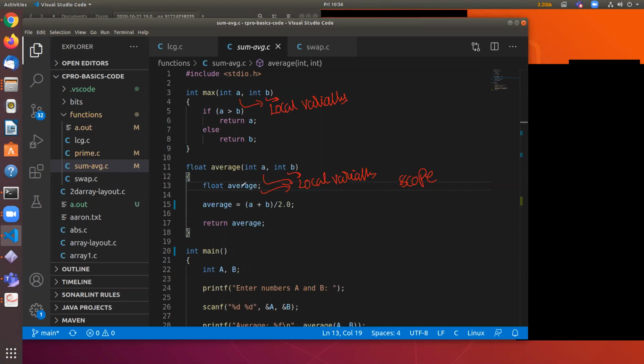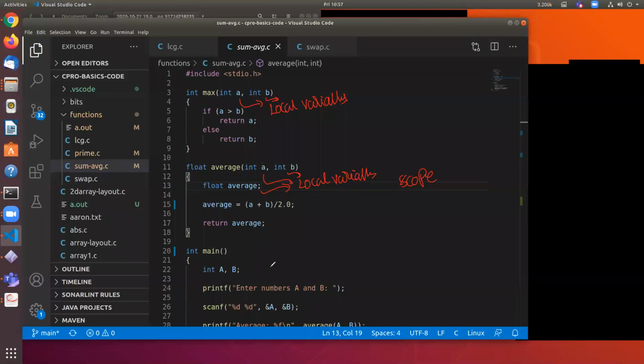So the average variable is not visible to the max function, and the variables in max are not visible to the function average. Similarly, if you use the variable average in main, the compiler will complain that you are using an undefined variable average, because average is defined in